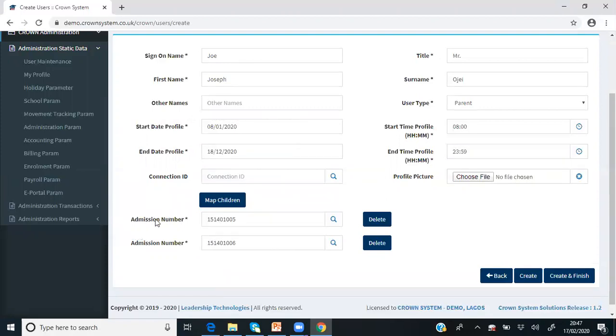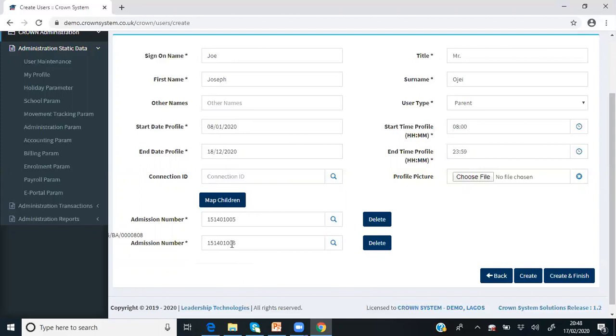So if you are going to use this particular child, you are going to know the current class of this child, and you're also going to know the date of birth of this child. So if you are going to be using the sign-on name, you use this Joe, you use this admission number and come down here and use the current class of this